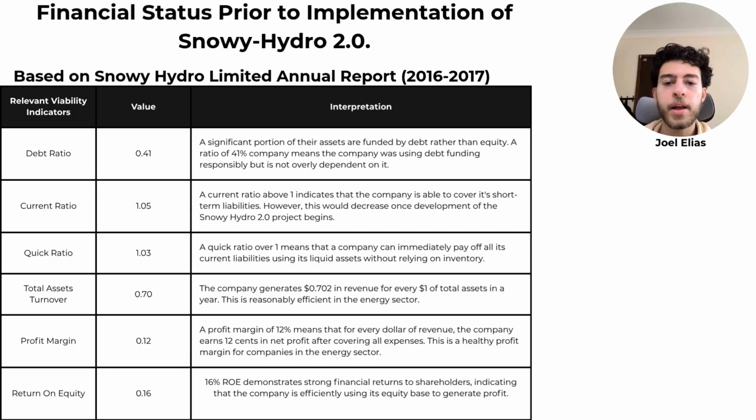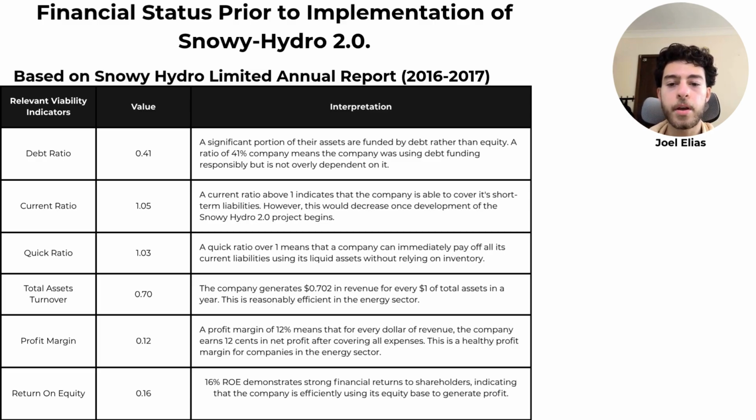To assess their financial status before beginning the Snowy Hydro 2.0 project, we can extract the important metrics from the 2016 to 2017 financial year annual report. From these metrics, we can then calculate the relevant viability indicators. The company has a debt ratio of 0.41, which means that a significant portion of their assets are funded by debt rather than equity. A ratio of 0.41 means the company was using debt funding responsibly but is not overly